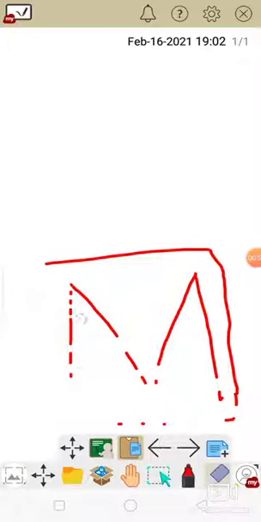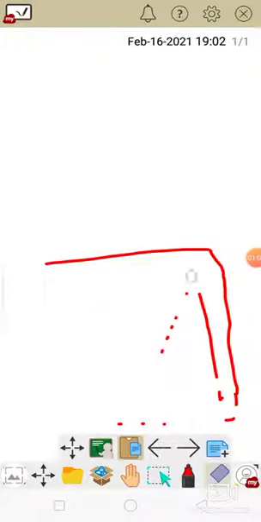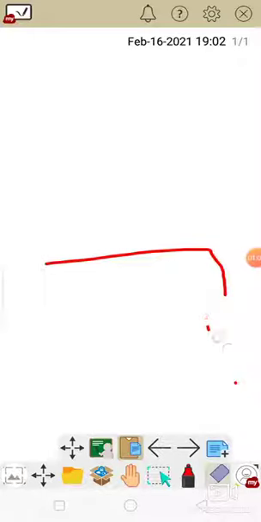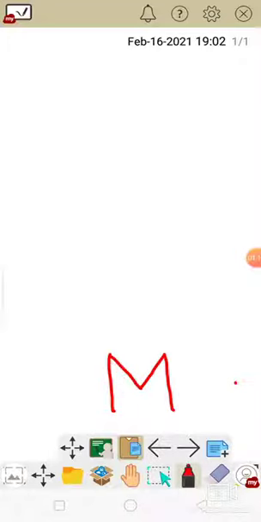In order to write the logo command, the very first thing is: from where do we start the turtle? Where will we keep the turtle so that it will go ahead? We have to see that point. I have started from here. Suppose this is M. So I will start it from here, this side.